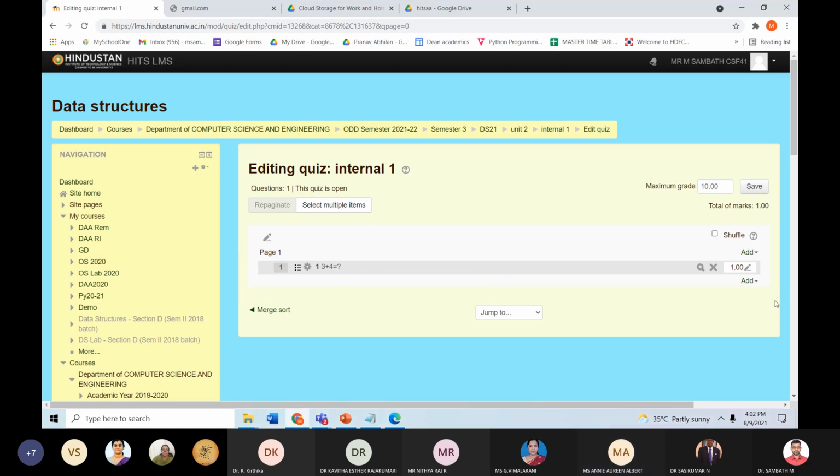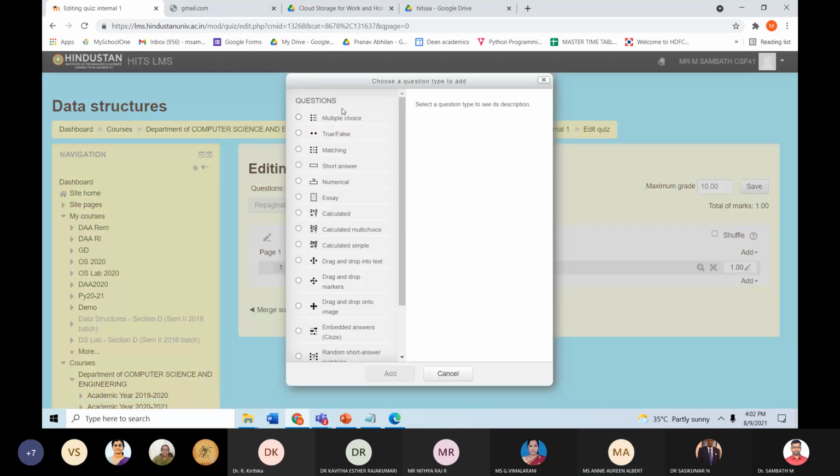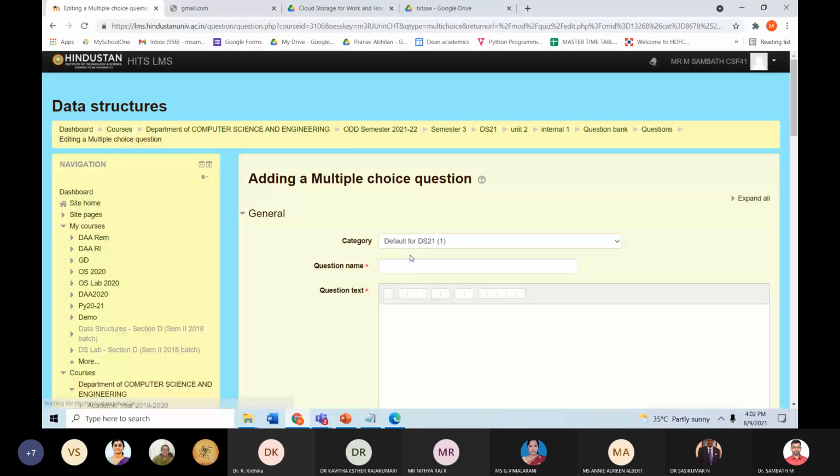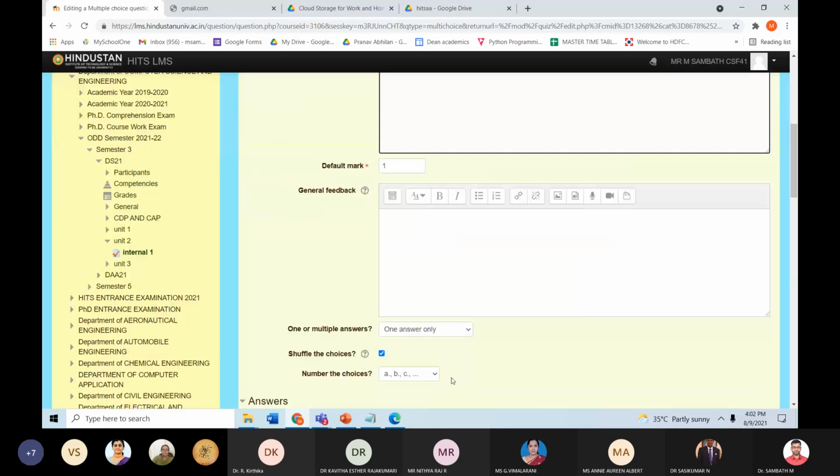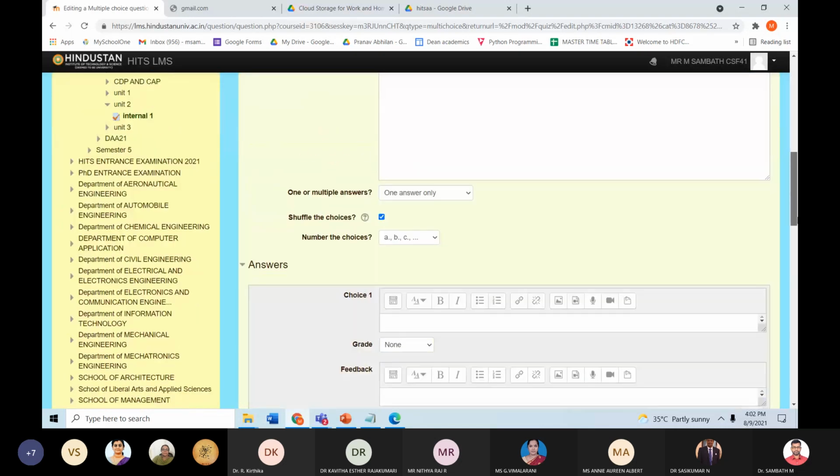Now if you want to add one more question, add a new question, multiple choice, add the second question, 4 into 5. Here there are some options given.